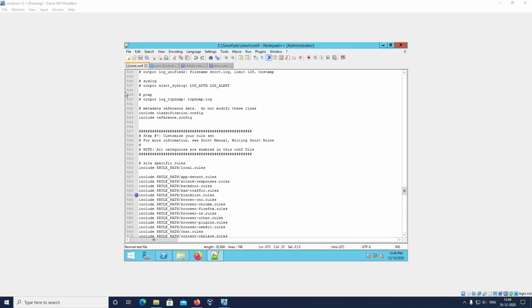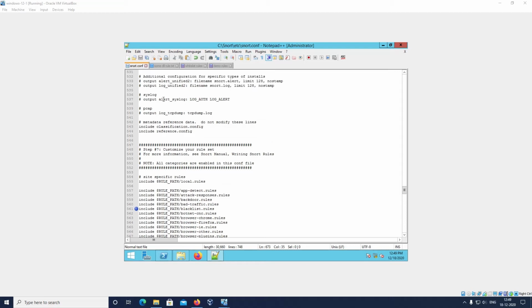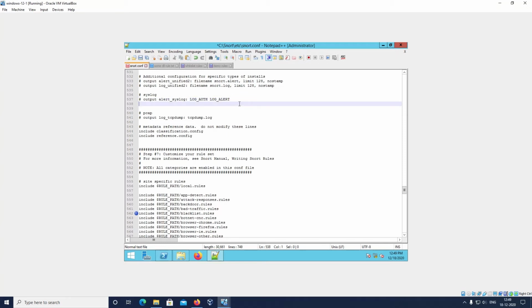You can see here we have a syslog line. We will add a line here, because at present we are not using syslog. Whatever the output is, it should be syslog only. Whatever output we are getting will be given as syslog traffic only. So we will write here syslog